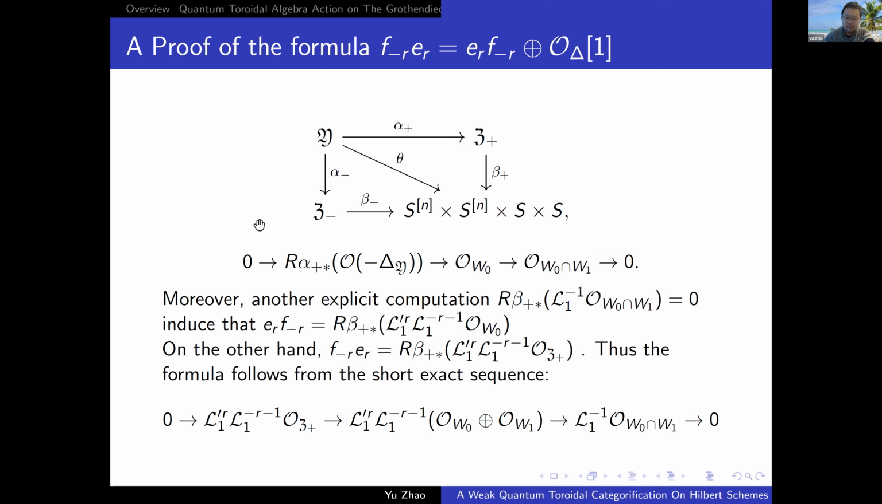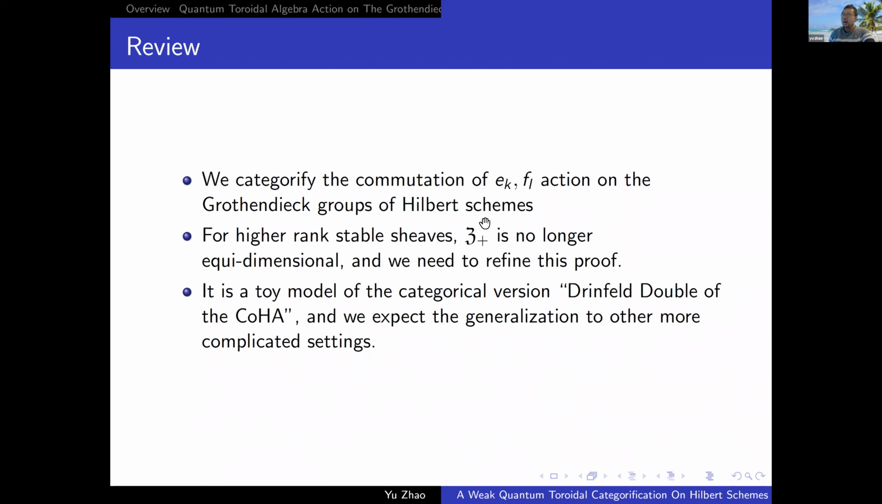Okay, so finally, I want to make a review about what we talked about right now, and we also want to briefly explain how to strengthen it to the two categorification. So first, as I have said, we give a weak categorification, and here we want to explain why we need some refined technique for the high order case. The reason is that